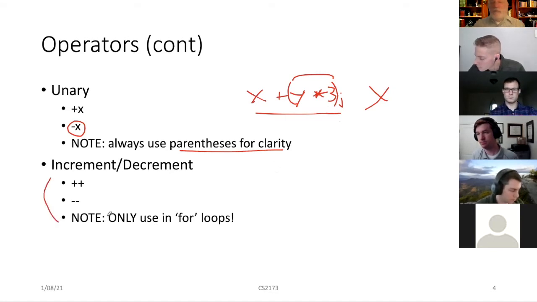Okay, when C came out, they had this sort of plus plus and minus minus things, and they were absolutely enthralled with it. And this has turned out to be actually not such a great thing. There is only one context in which I will allow you to use these operators, and that is in a for loop. That's the only context in which that is a useful thing. Do you all know what this does, right?